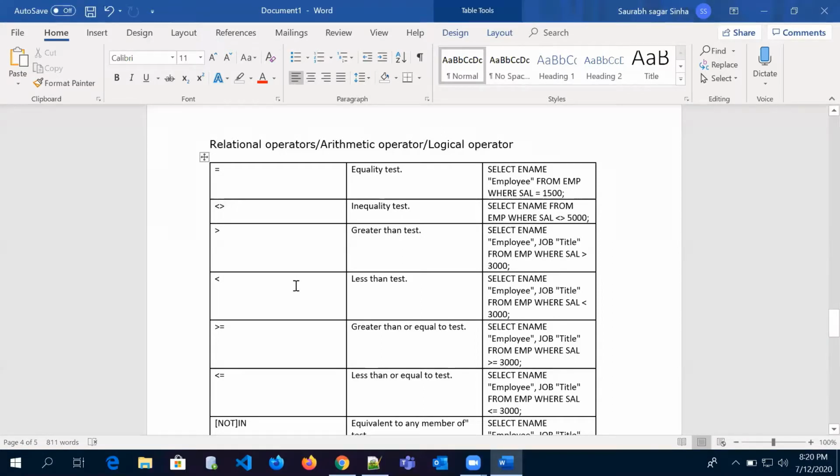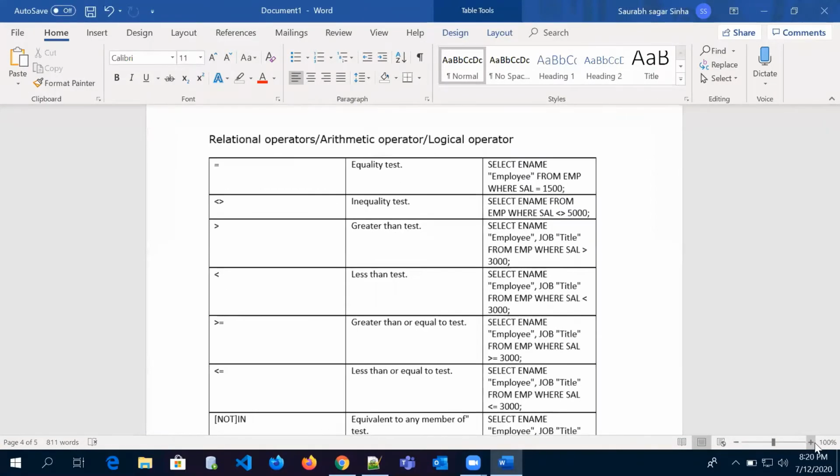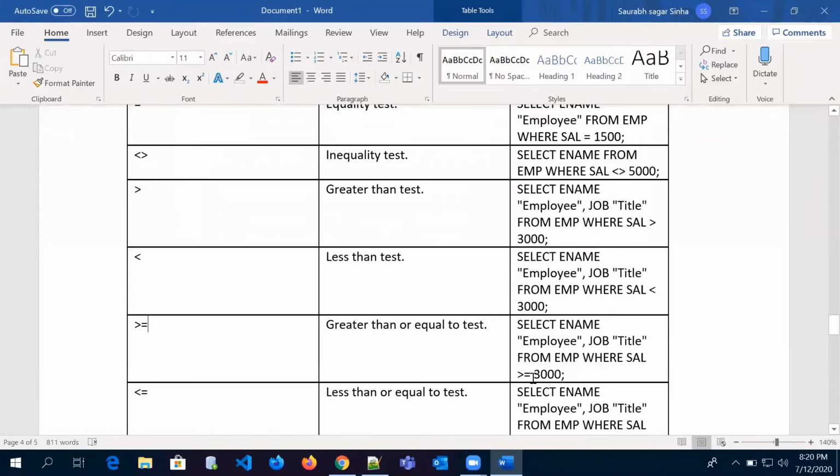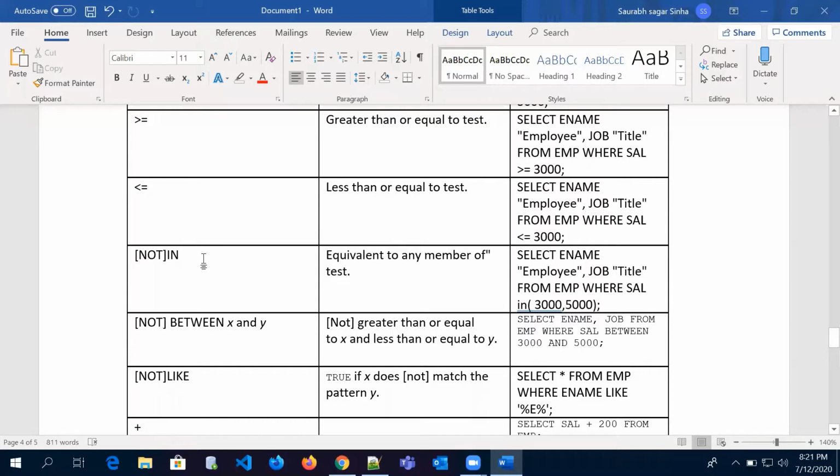Then we have less than. Then we have greater than or equal to and less than or equal to. And then we have the not in relational operator. What it does: let's say there is a salary column, and this salary is not in 3000, 5000.